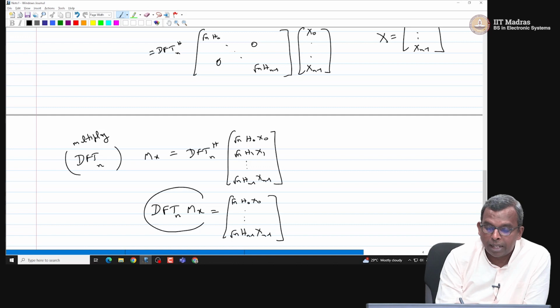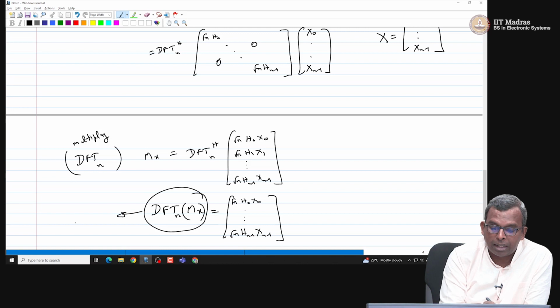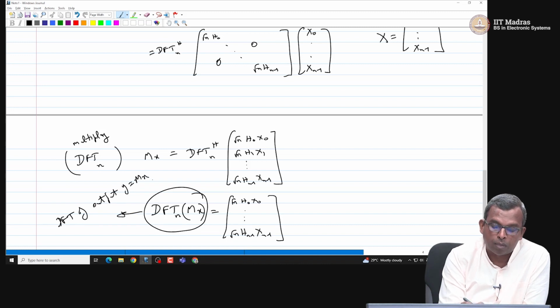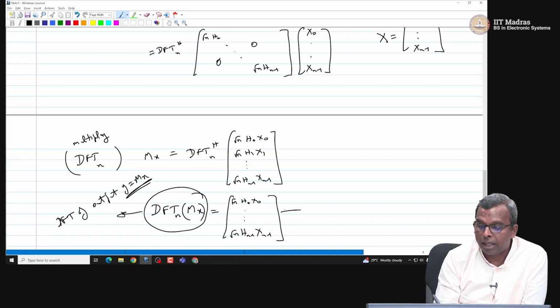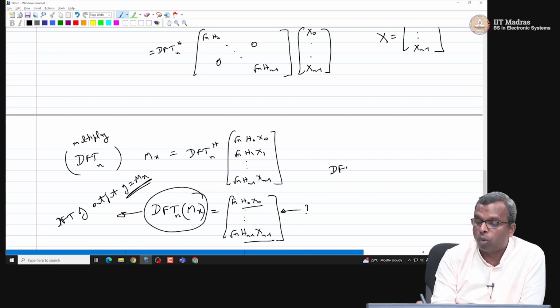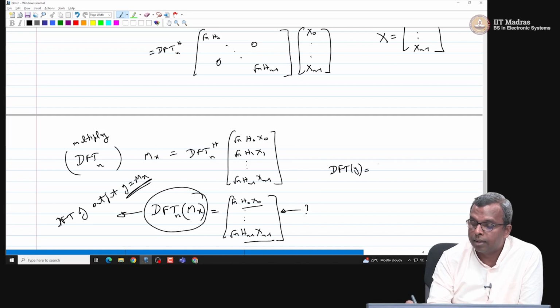But what is the left side? DFT n multiplying Mx is nothing but the DFT of the output y equals Mx. So the DFT of y is nothing but this guy, h0 X0 through h n minus 1 X n minus 1. So DFT of y is, of course there is a root n here, so keep that in mind,